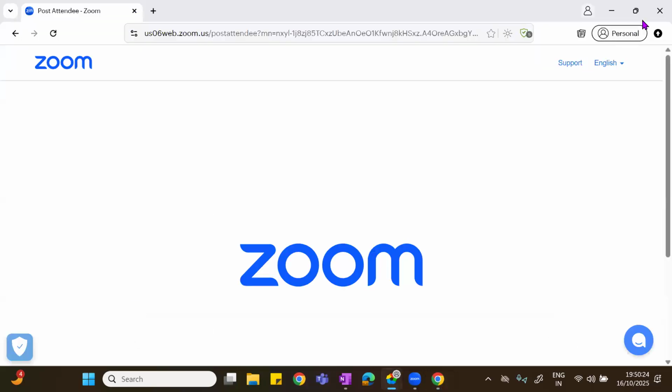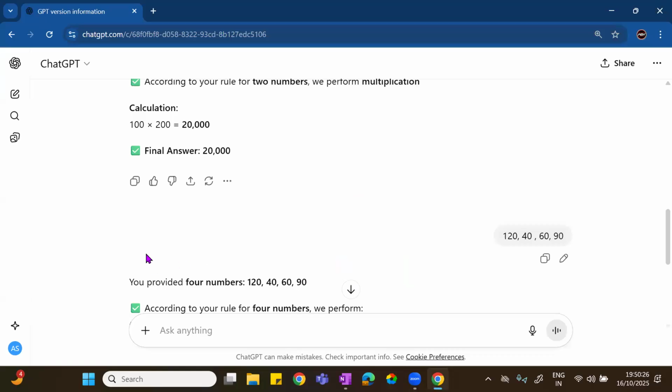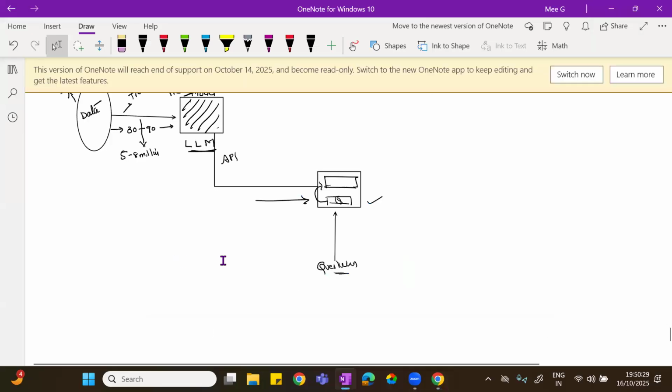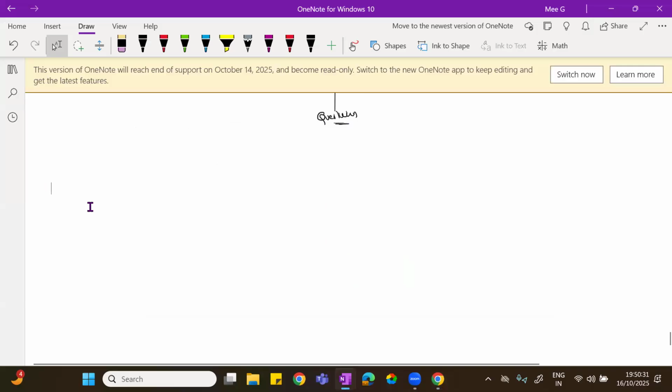Hope you got the idea what we mean by in context. Now, what is agentic AI? Agentic AI is considered autonomous AI.